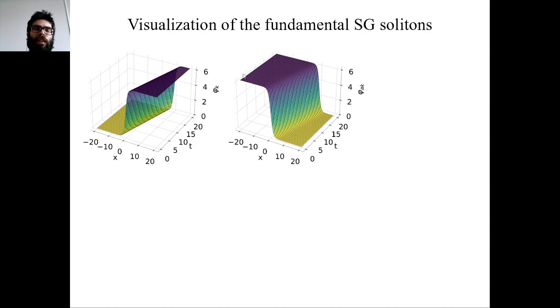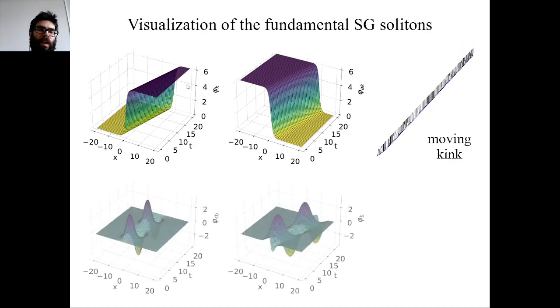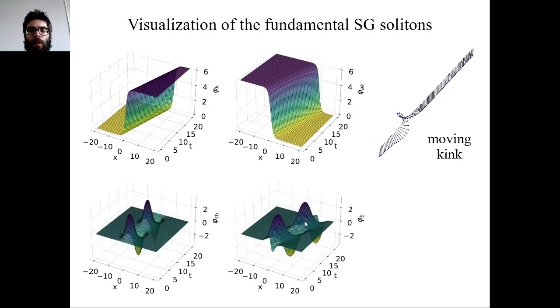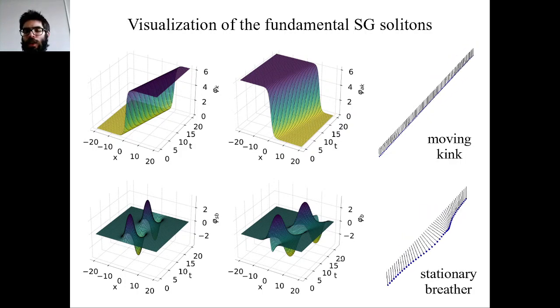In particular, kinks and anti-kinks are essentially 2 pi steps of the phase along the junction. And here we have a moving kink as a 2 pi twist along a chain of elastically coupled pendula, which is a mechanical analog for the sine-Gordon equation. Here we have a stationary breather and a moving one. As you can see, they are localized in space and they oscillate in time. And this is a stationary breather in the mechanical analog.